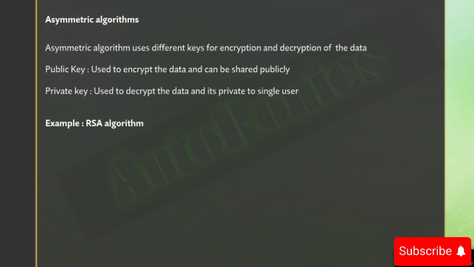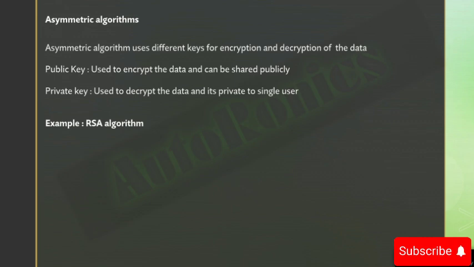But in the case of an asymmetric algorithm, we use the concept of different keys for encryption and decryption of data, where the public key is used for encryption and the private key is used for decryption. The private key is only known to the recipient who needs the data. There are several different algorithms like RSA and ECC, the elliptic curve, which is not easy for hackers to hack, and it's widely used for bitcoins. And ECC is now a trending algorithm in automotive security too.